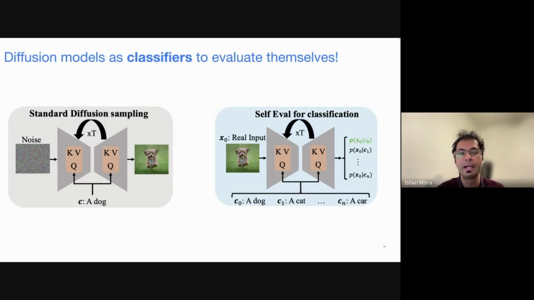So on the left-hand side, we have a standard diffusion model that basically goes from noise, which is the sort of latent, and then you sample with a different number of time steps, and you basically get an image. And at the time that you're doing this, you have a text condition, which in this case is a dog. And then you're, of course, guiding that noise to basically become a picture of a dog by this diffusion sampling. In self-eval, we show that that pre-trained diffusion model can actually be used to estimate likelihoods,